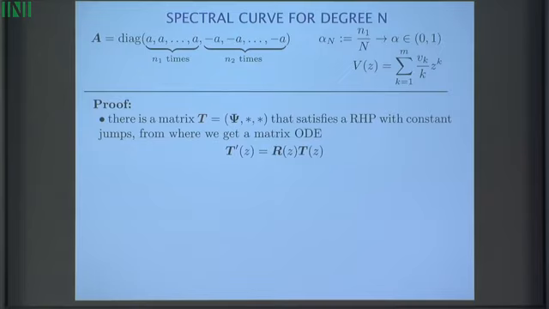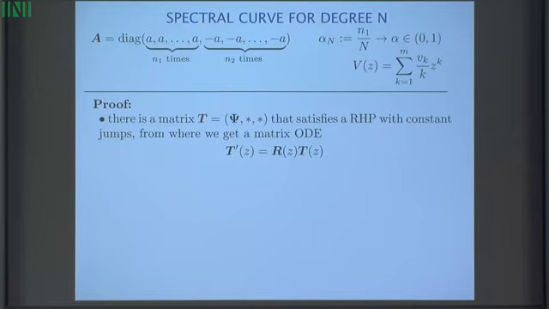but it still works. So the good thing about this problem is that we can make a simple transformation of the original. We take this vector, we put it in the matrix, and we can make a simple transformation of this problem in order to get constant jumps. Now, if you have a typical problem like boundary values from the left equals boundary values from the right times a constant matrix, you can differentiate both sides, and the constant matrix doesn't change. It's still there. So if you multiply, you can cancel these constant jumps just using the inverse of one matrix times the other, and essentially you get this.